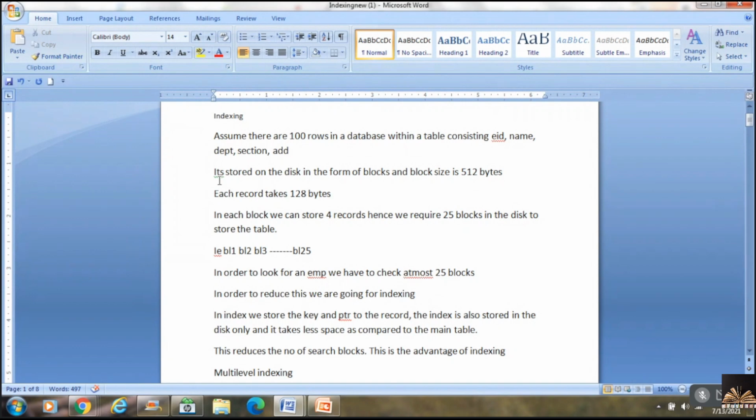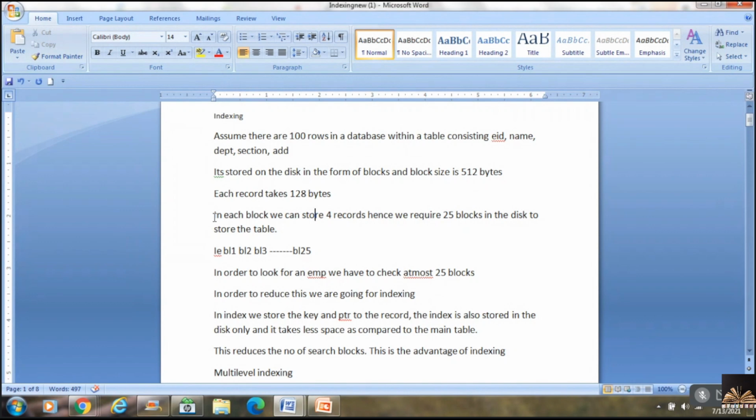Meaning I can store 4 records in a block of memory. So 512 by 4 is 128. I can store 4 records in 512 bytes of memory. So in each block, we can store 4 records.